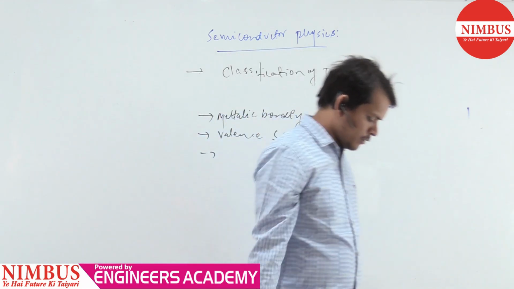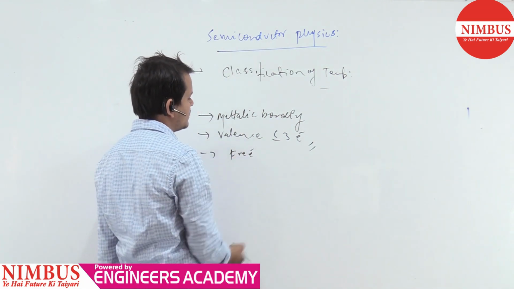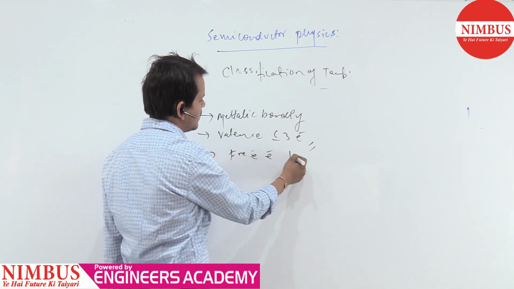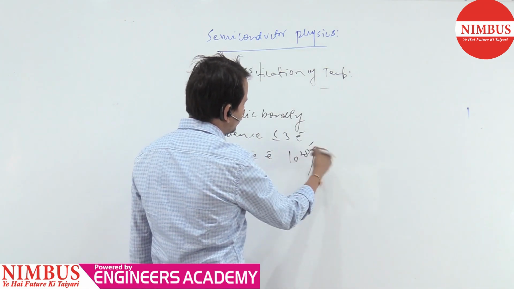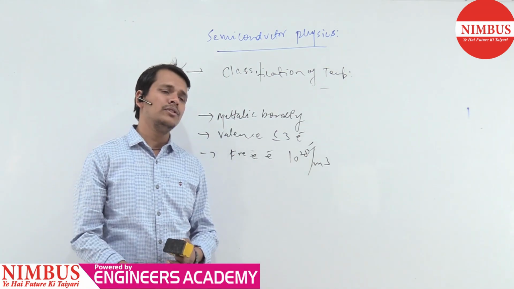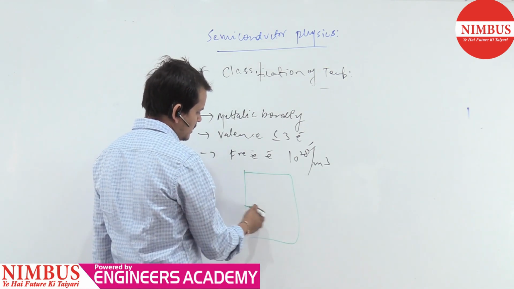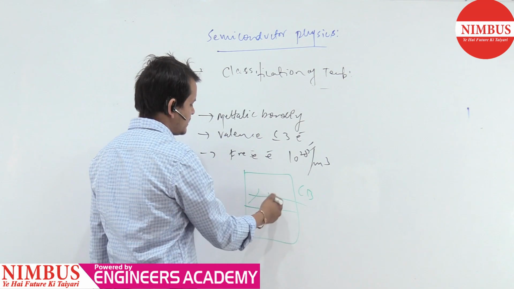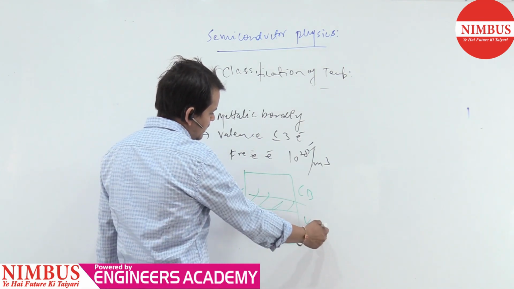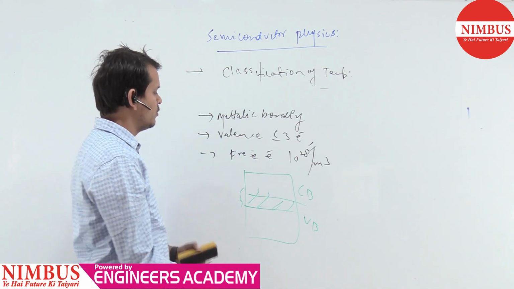We have now another thing. If I say what is a free charge carrier, so the amount of free charge carriers, तो फ्री इलेक्ट्रॉन्स जो इसमें होते हैं वो कितने, 10^28 पर मीटर क्यूब। तो एक बहुत हाई नंबर होता है, आप खुद ही देख सकते हैं 1 मीटर क्यूब में 10^28, तो एक हाई कंडक्टिविटी होती है। साथ के साथ हमने 12th क्लास में देखा था कि जो कंडक्शन बैंड है यहाँ से यहाँ तक है और वैलेंस बैंड यहाँ से यहाँ तक है। तो जाहिर सी बात है कि कंडक्शन बैंड और वैलेंस बैंड दोनों ओवरलैप करते हैं।